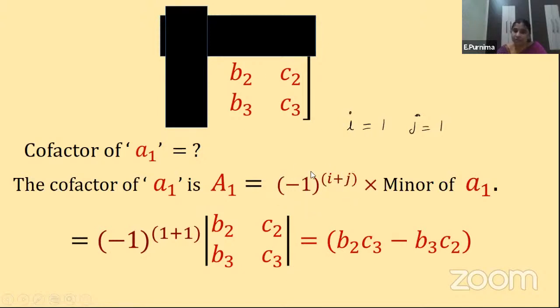So that means here you get either a minus 1 before the minor value, or a plus 1 before the minor value. Why? Because if this i plus j value gives an even number, as we got here 1 plus 1 is 2, then minus 1 raised to 2, an even number, gives you plus 1. If this sum is an odd number, then minus 1 raised to an odd number gives you minus 1, so we simply write a minus sign here. So we get either a plus sign or a minus sign in front of the minor value. That will give you the cofactor of the element. Clear?